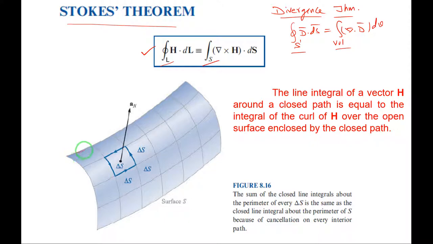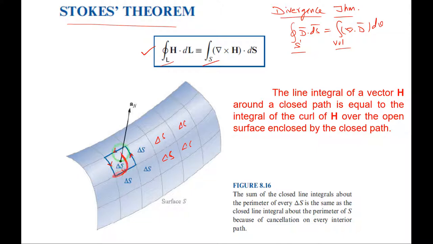Okay, we will consider this surface here. This is the shape of the surface, right? What we have considered here. And we will divide this larger surface into smaller surfaces. Just this is the horizontal line, horizontal and vertical lines have been drawn, right? You can see this is the smaller surface area delta S. There are several smaller surface areas formed, right? This is also delta S, right? Smaller surface areas, we will divide it. Then over this, let me consider this smaller surface first, right? And there is a rotational effect of the magnetic field intensity on this surface in this direction, right? So this is the direction, right?